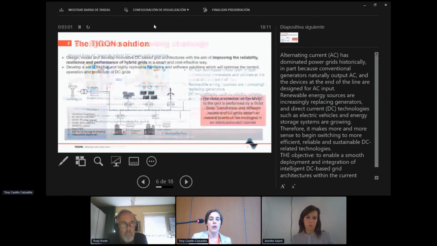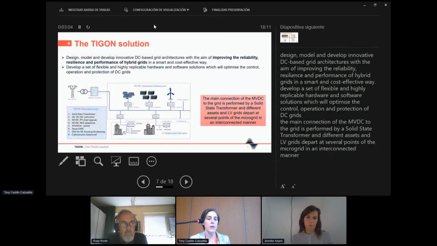So the idea behind Tigon is to design and develop innovative DC-based grid architectures, which aim to improve the stability, the reliability, and the performance of hybrid grids, of course, in a cost-effective way. And for that, a series of technologies and solutions, both from the hardware point of view and the software point of view, will be developed within the project, and all of them aim to optimize the control, the operation, and the protection of the